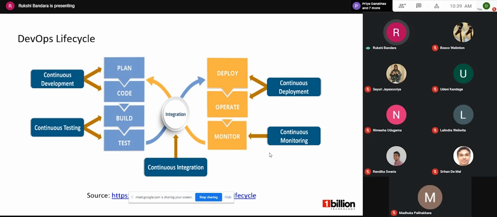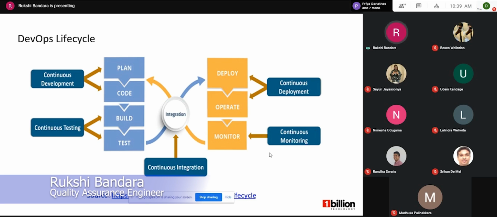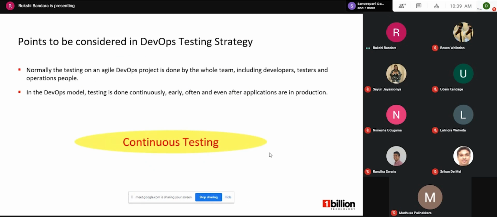So before moving to that phase, I will show you some points to be considered in DevOps testing strategy. So first point is normally the testing on an agile DevOps project is done by the whole team, including developers, testers, and operations people.